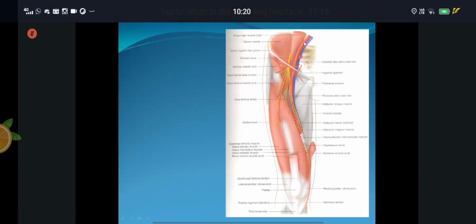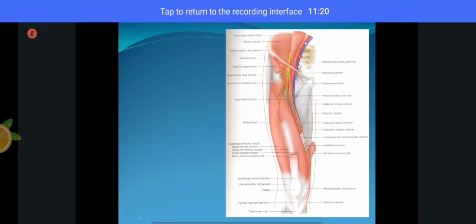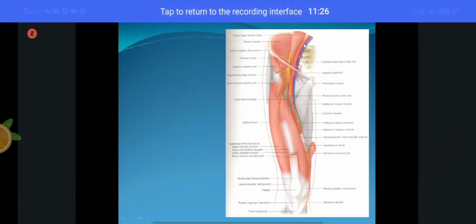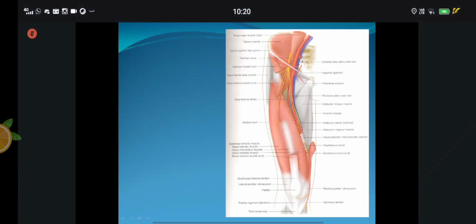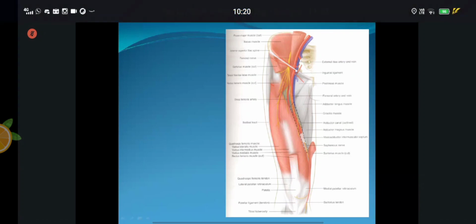This is the common iliac arteries. The common iliac arteries are the branches of the abdominal aorta. Each common iliac artery will divide into the external iliac artery and the internal iliac artery. The internal iliac artery you will be studying in the pelvis, and the external iliac artery, which is a branch